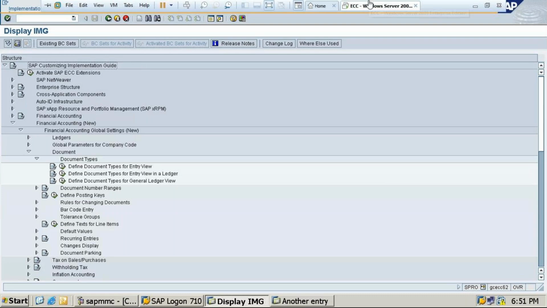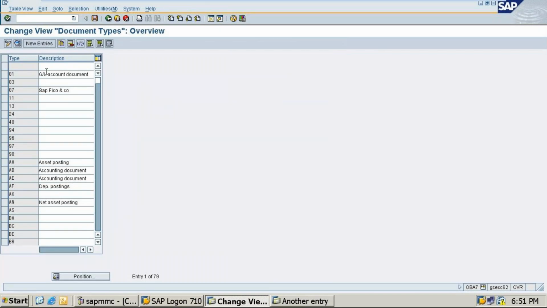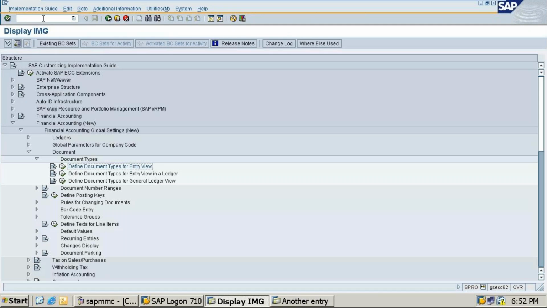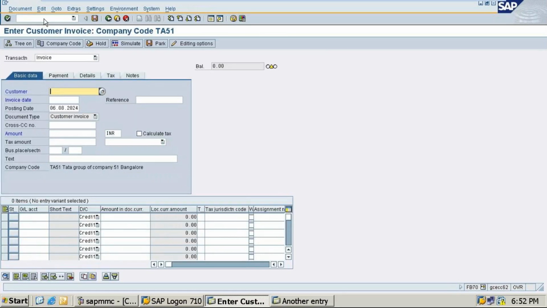Ma'am, you told us to use the T-code FB70. Yeah, I used the T-code, ma'am. This is what you have used. Did you create all these document types? Yes, ma'am. DR, DZ. Okay, so FB70 you are not getting. It is on the screen itself. Type FB slash and FB70, so directly it will come. You have to give the company code for that. Then automatically it will come.